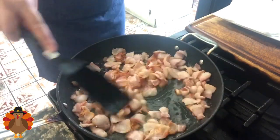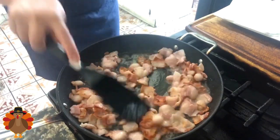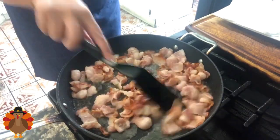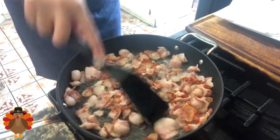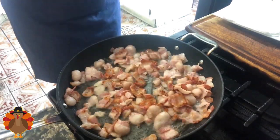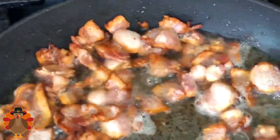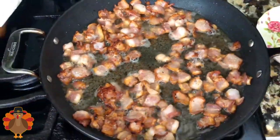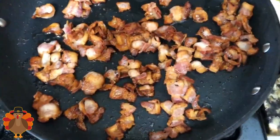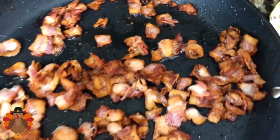The bacon is already cooking and it's already releasing all that extra fat. Look at this. Just make sure that you're moving it around so it doesn't get burned from one side and toasted from another. You want all the little pieces of bacon to be completely toasted, just like this. And as you could see, all that extra fat has rendered. I'm gonna go ahead and remove all that fat, just like this,